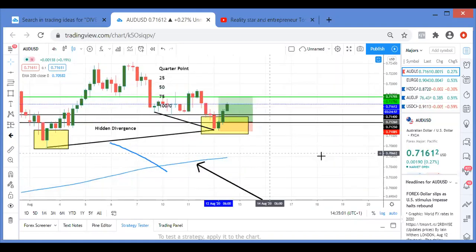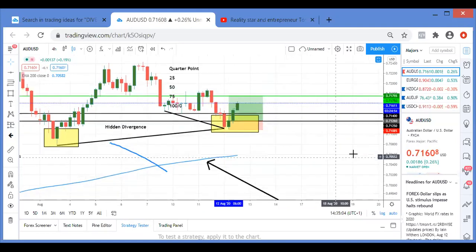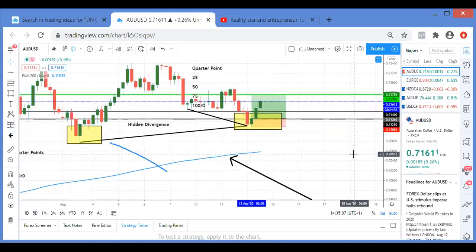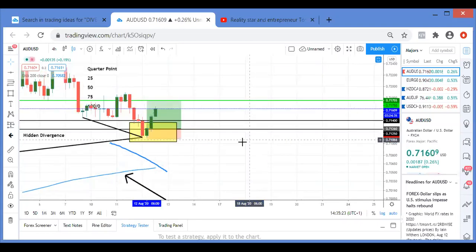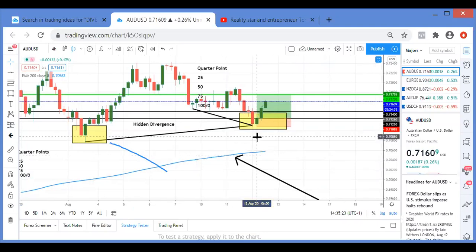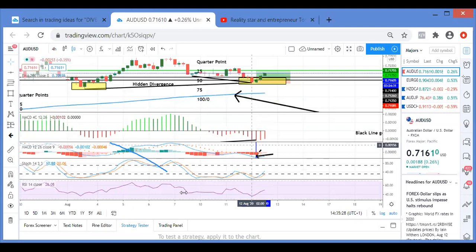But how do I know that this is a buy? You buy low and you sell high. It's very simple. Even if you're investing in property, the best time to buy property is when the market is low. Why? Because if you buy low, there's more chance of capital appreciation. So if you buy low here, how do I know that this is a low? Simple. My MACD. Your MACD, it's red and red. Simple.